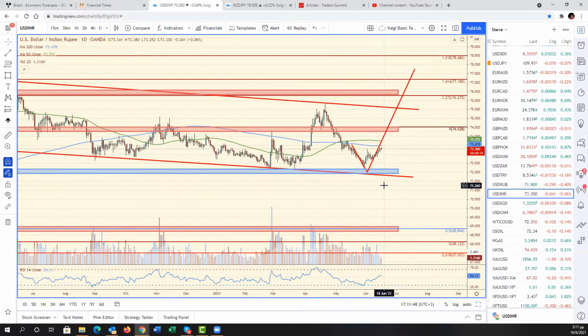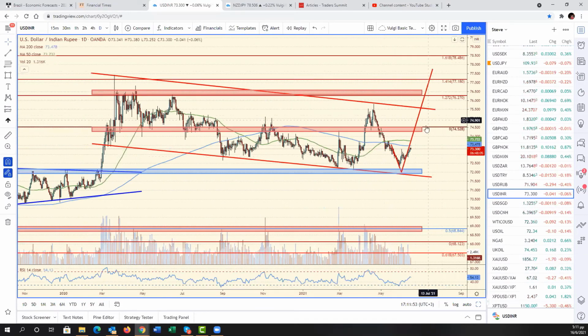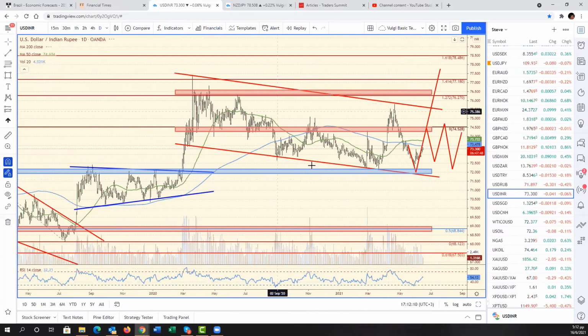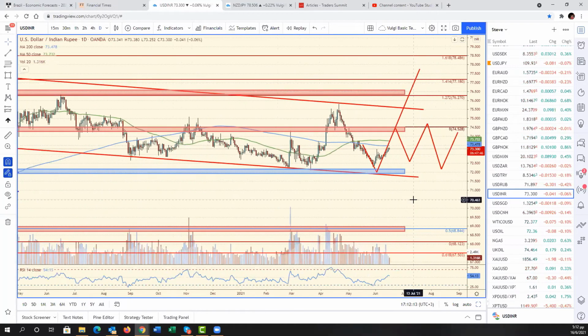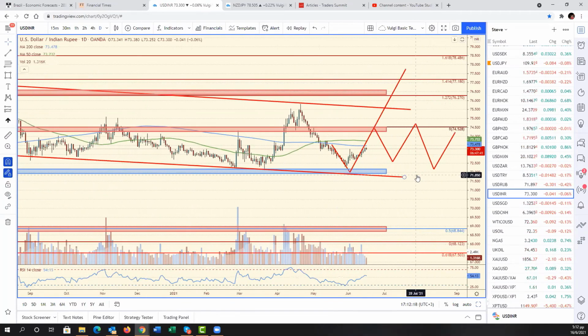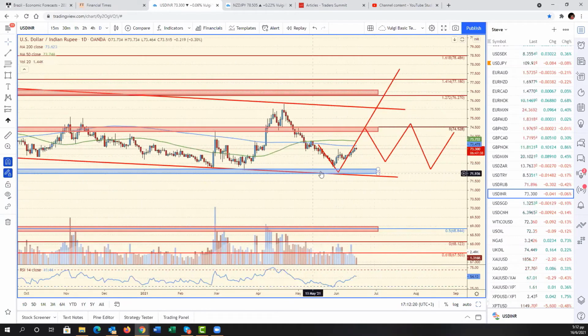Now, keep in mind that oversimplistically, I said that we find support and we might even end up breaking the upside. But as always, I have to say that any type of price action within this channel is likely, right? So we might just keep on spending more time consolidating in this channel. But this channel looks to me like eventually we're going to break higher. So nice reaction from getting close to the bottom of the channel.